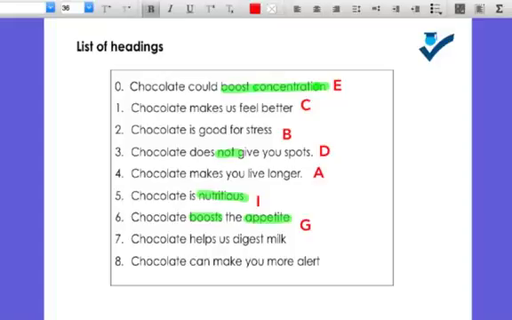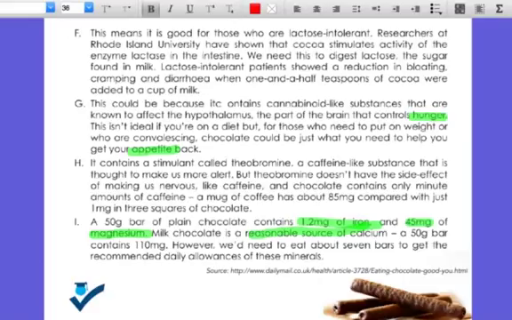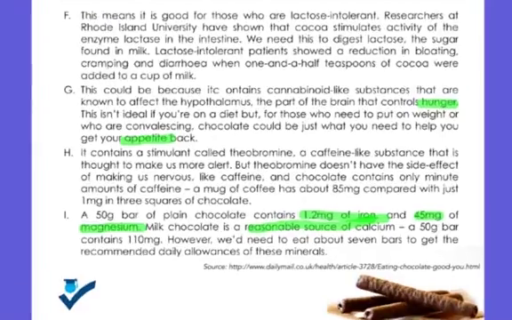Something to do with milk. Let's look for it here. Again, you can find the answer on this page. So it could be either F or H. Through the process of elimination, you should be able to find it quite quickly. Something to do with milk. So it can't be paragraph H, because you can't find anything here to do with milk. So it must be paragraph F, because we've got the word milk,